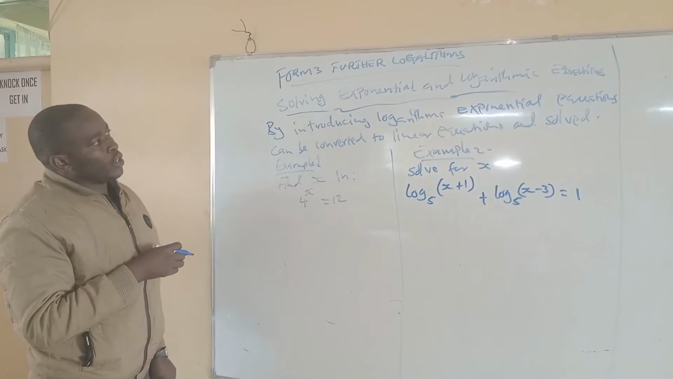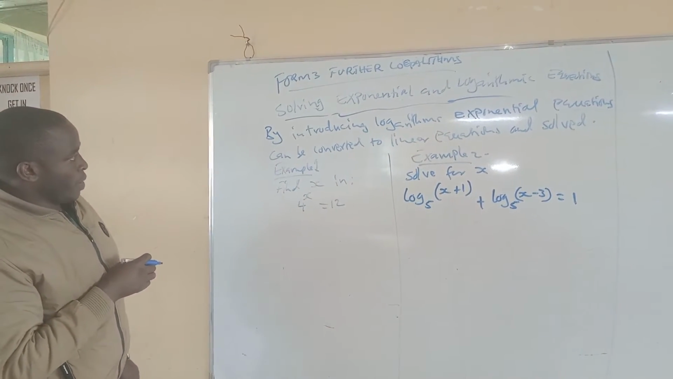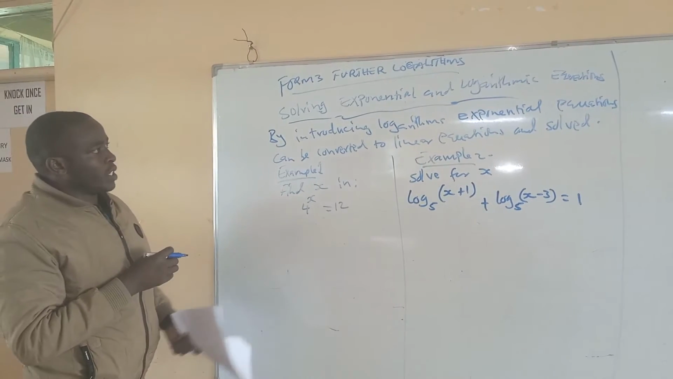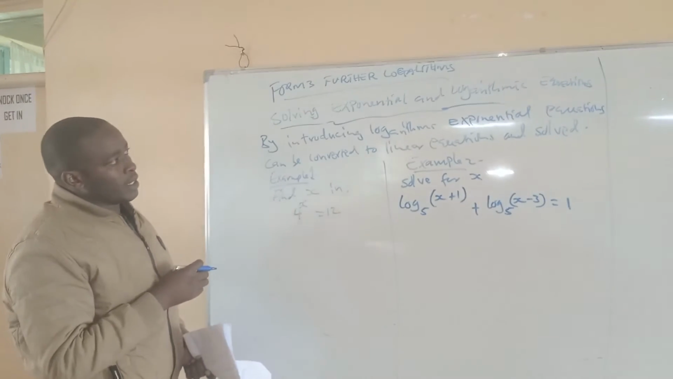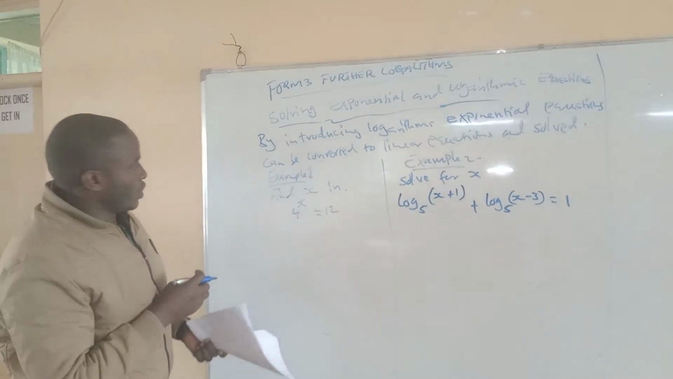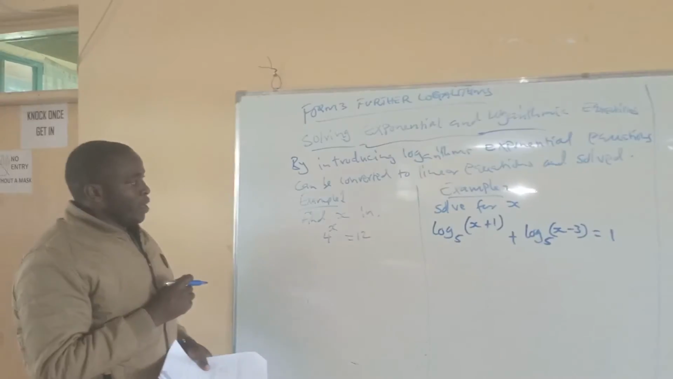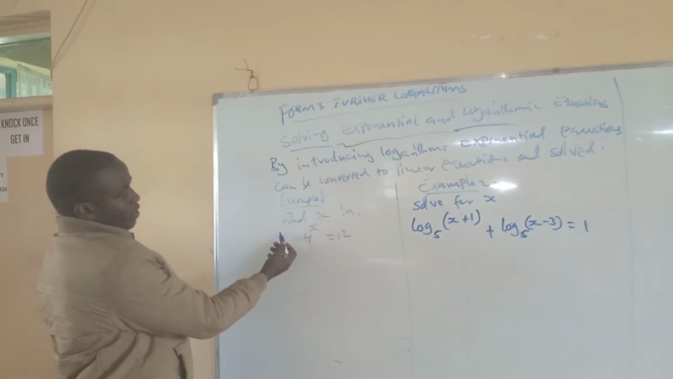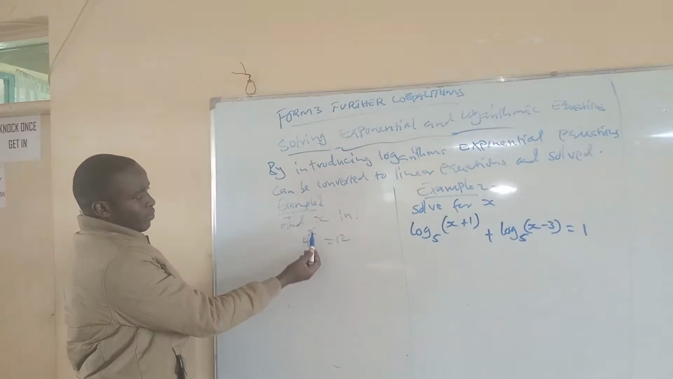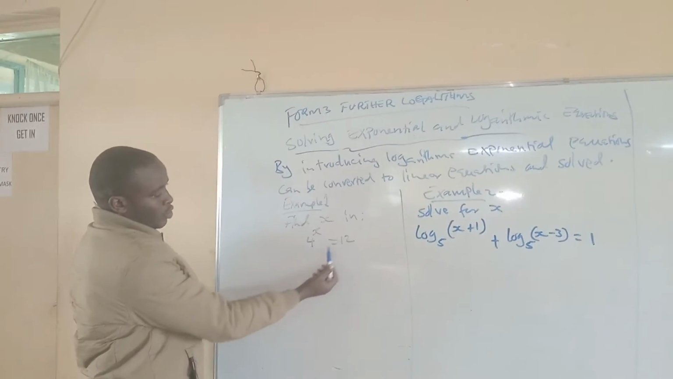Solving exponential and logarithmic equations. By introducing logarithms, exponential equations can be converted to linear equations and then solved. For instance, if you have an equation like 4 to the power of x equals 12,